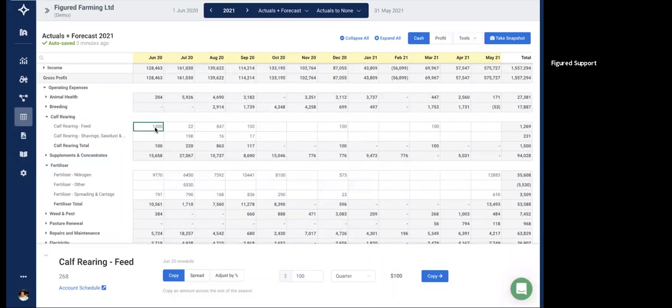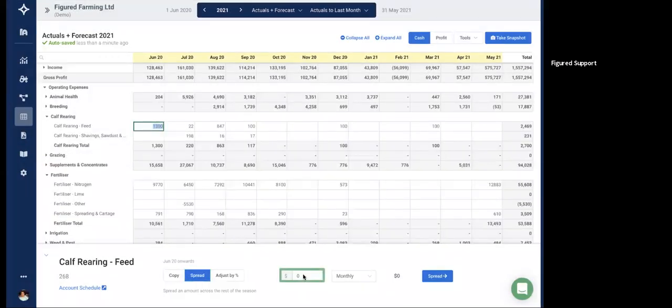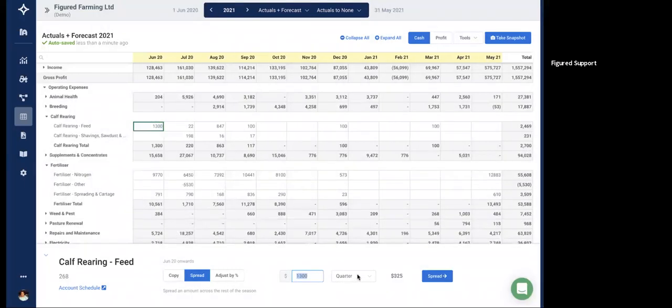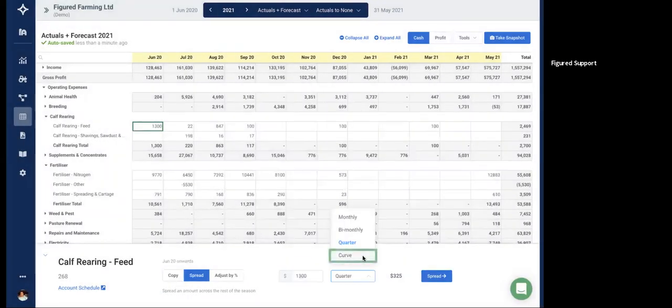I've gone and edited that value again because I want to actually spread this using that curve functionality that I was talking about earlier. So I'll put 1300 in here, and now I'm going to click on spread down the bottom here, put that 1300 into that cell, and when I hit the drop down menu, I'm going to change that from quarterly to the curve option. So that curve option will only show if you have an actual snapshot saved as an annual plan from last year,